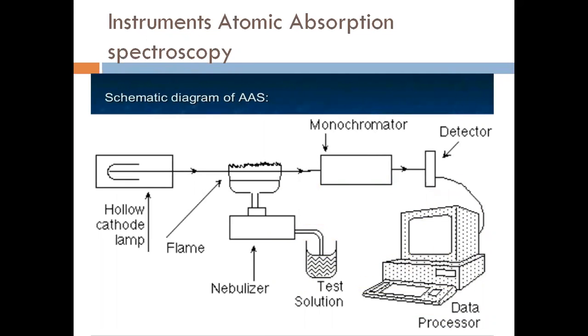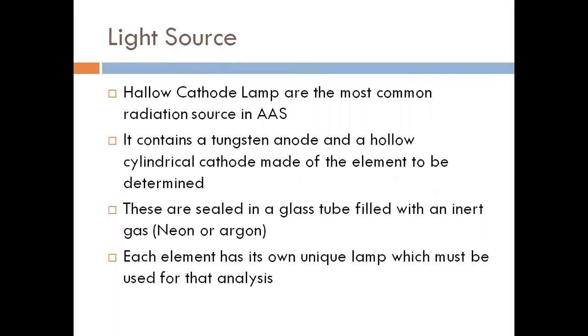So these are the instruments, the components of atomic absorption spectrometer. So first of all, light source. I will explain 8 components of AAS. Light source: hollow cathode lamp. First of all, I will explain the history of light source. Around 1954, when development of the technique was starting,